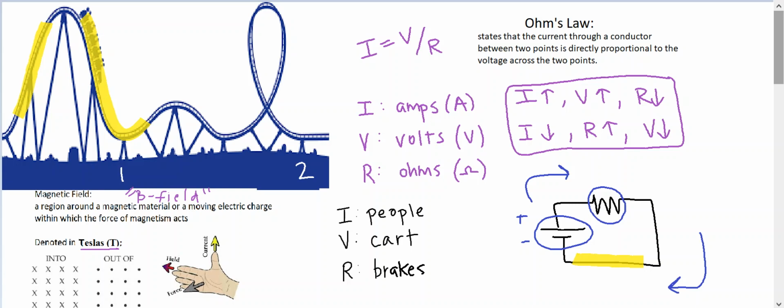When you use an X, it means the B field is going into the paper, in other words, the area is behind the paper. Or use O's for the B field to be out of the paper, in other words, in front of the paper. So a way to keep track of how the current and the B field relate to each other is your